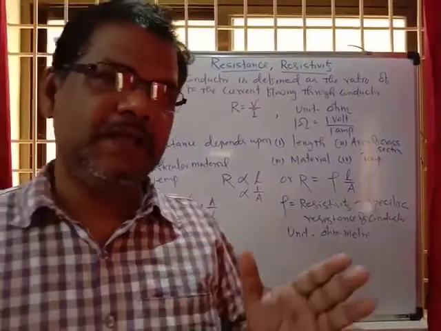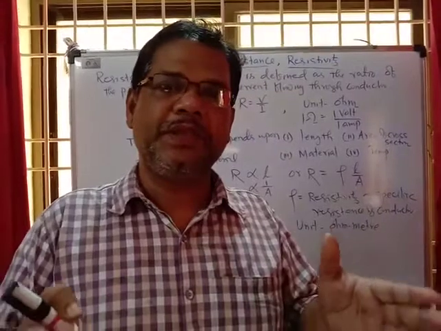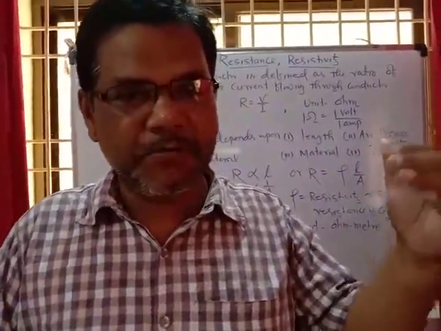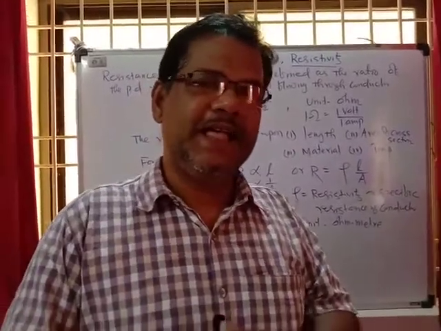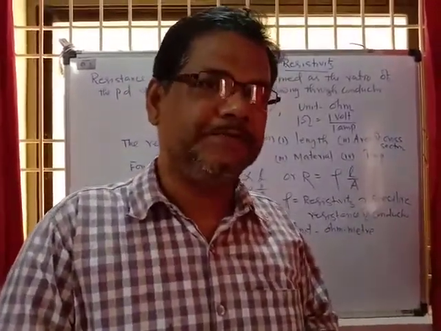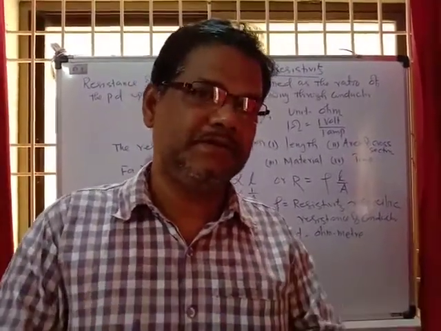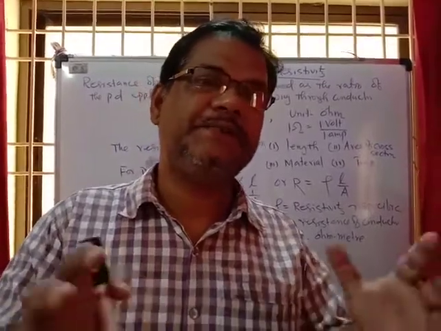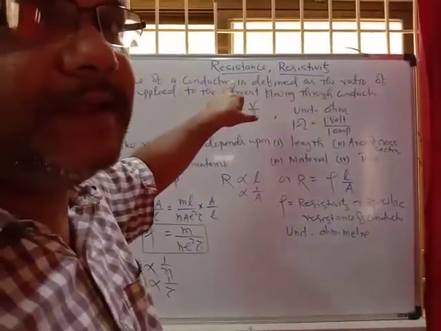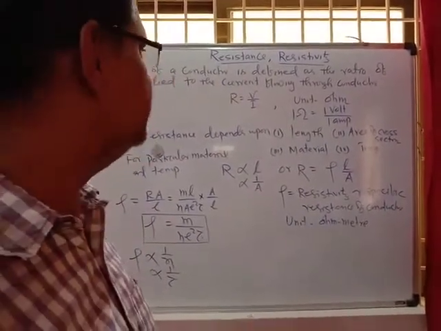First of all, a potential difference is maintained across the two ends of the conductor. An electric field is set up. The electrons will drift opposite to the electric field, and electric current will be produced through the conductor. That electric current will be opposed by a certain property of the conductor. That property is called the resistance. So we can say directly that resistance is the obstruction which opposes the flow of current through it.